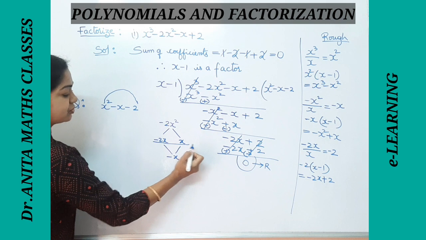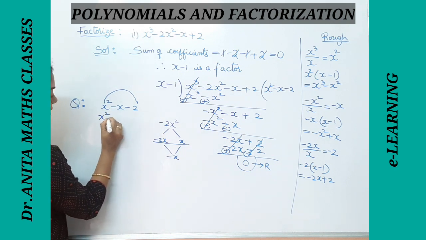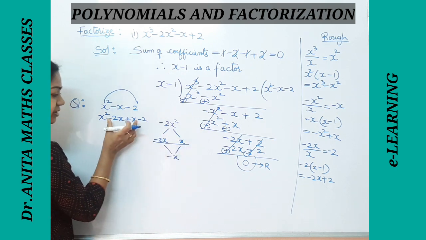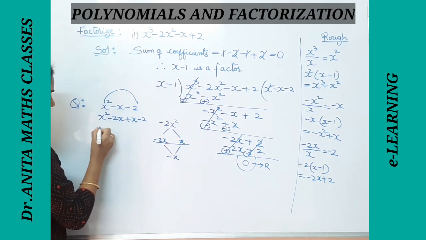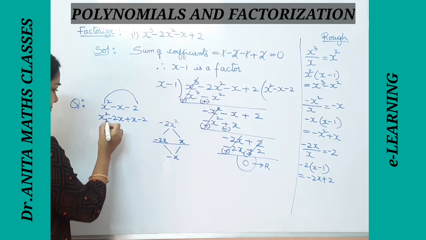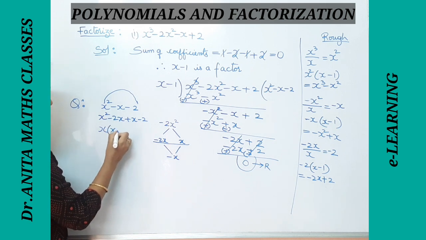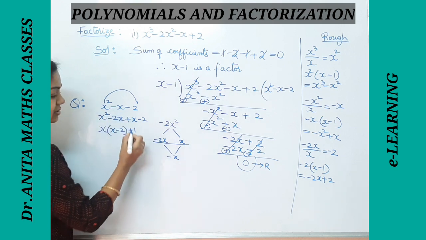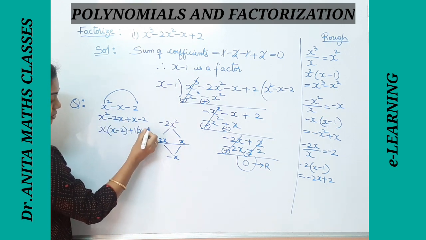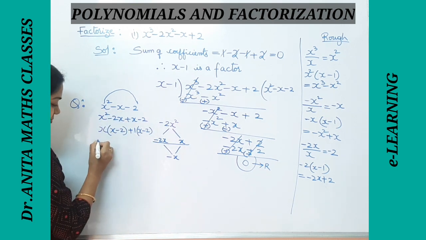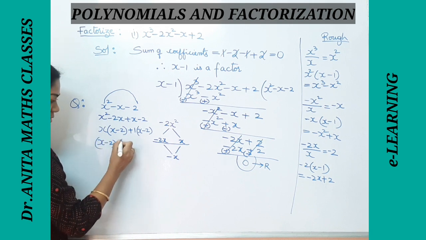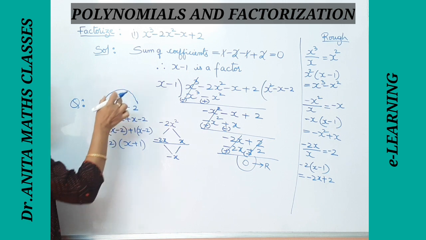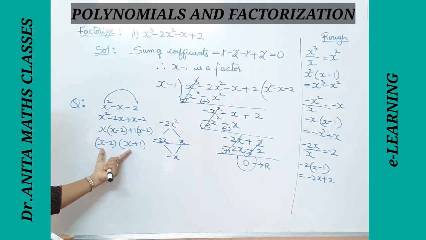Right, here these two are the factors. So x square minus 2x plus x minus 2. These two I have written in the place of the middle term. Now taking x as common in the first two terms, x minus 2 here. Here nothing is common, so you can take 1 as common. So x minus 2. In these two terms, x minus 2 you can take common. So the remaining is x plus 1. So these are the factors of this quadratic equation.